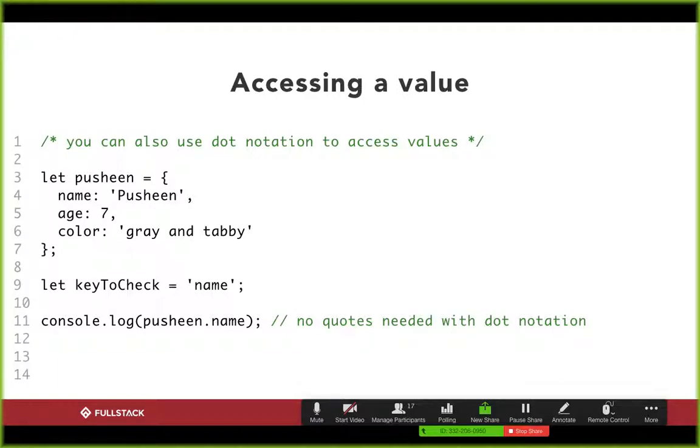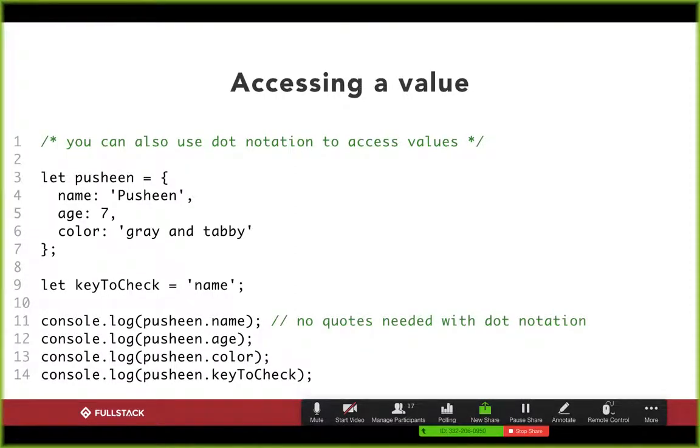But notice how that also creates some issues for me, right? Because what that also means is I am not able to use variables when I use dot notation. So if I do pushing dot name, I am literally looking for the name key. If I do pushing dot age or dot color, I am literally looking for the age or color key. However, on line 14, when I do pushing dot key to check,